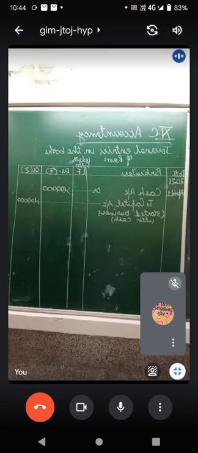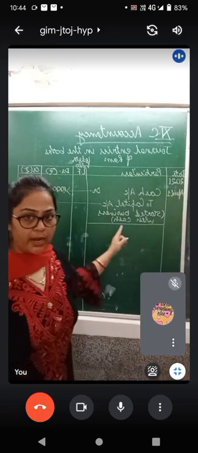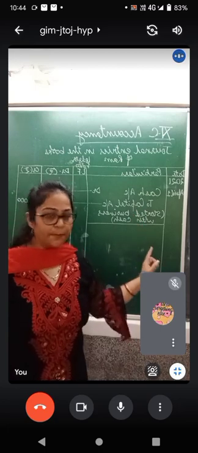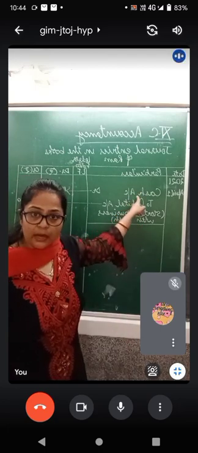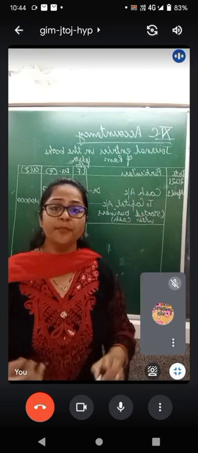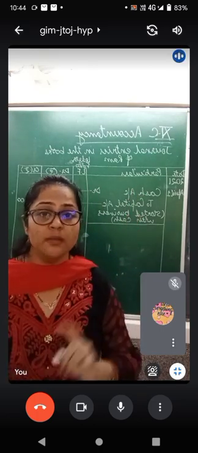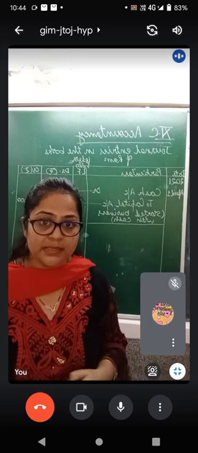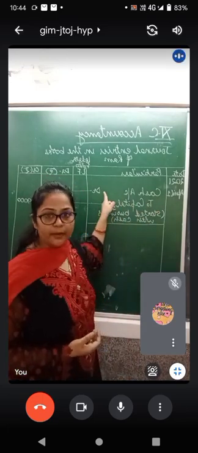Please make sure that you are on the right question. After that, what do you do? You draw a line. This means closing a journal entry. First entry is done. Cash is a real account. Cash is coming in. As per the rules of debit and credit, for a real account, debit what comes in. Cash came into the business, so cash account debit.